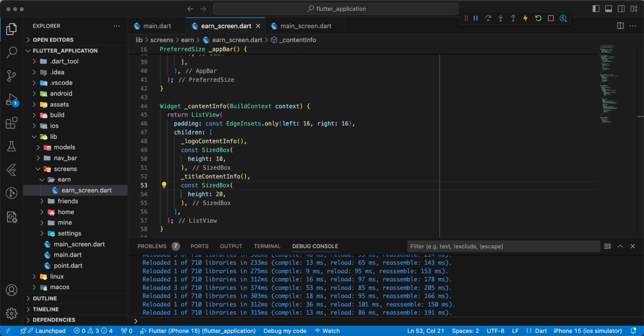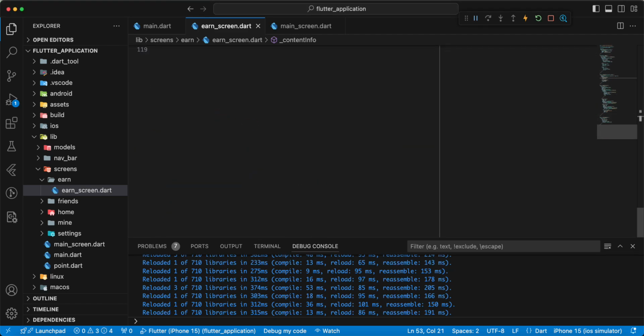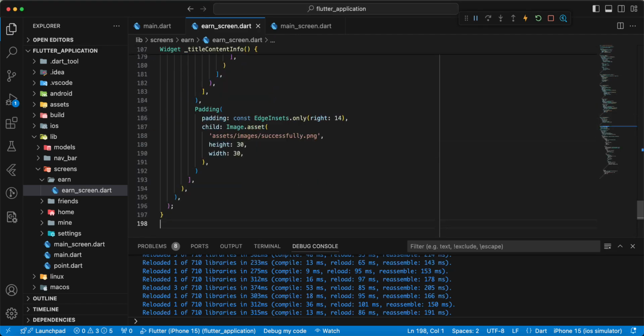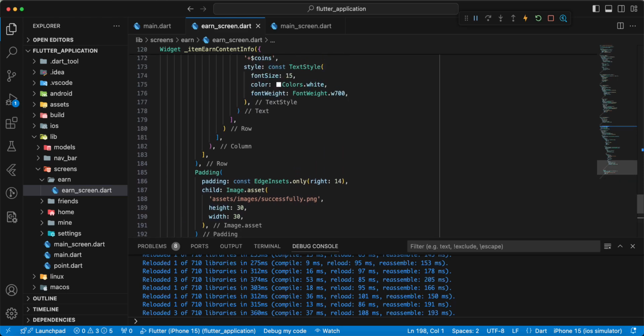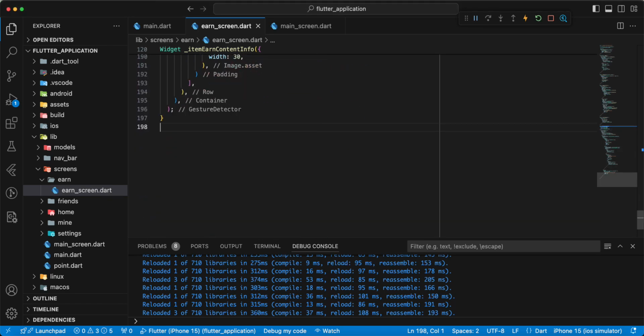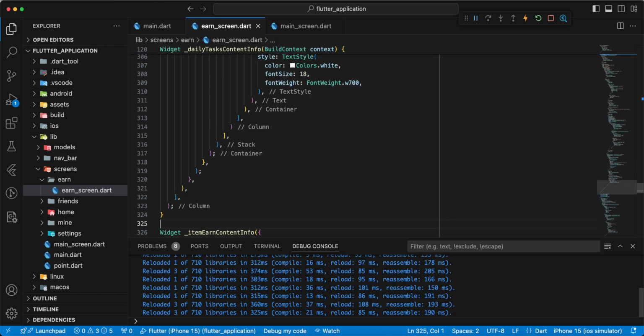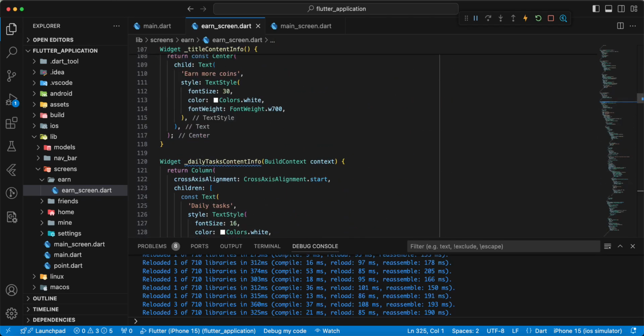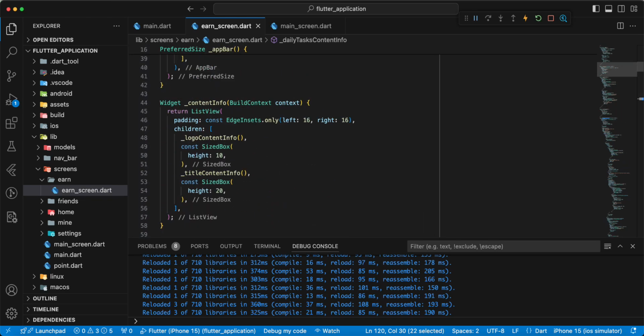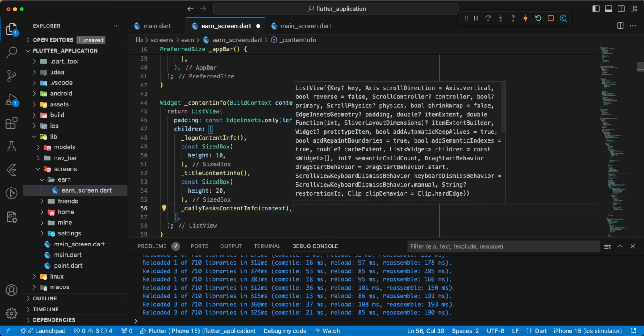then we add item earn content info, add information, then we add daily tasks content info, add context, save,